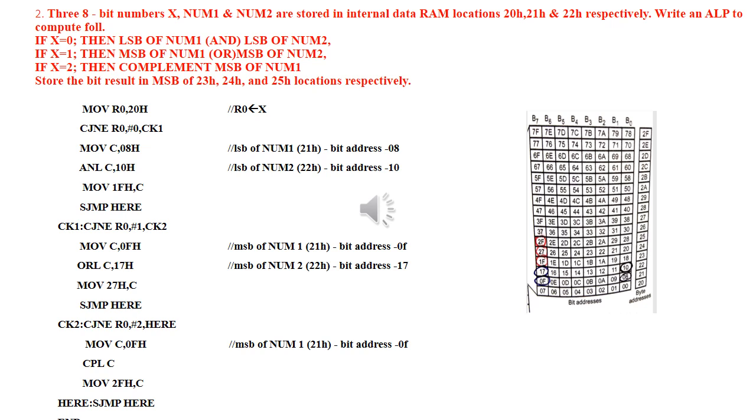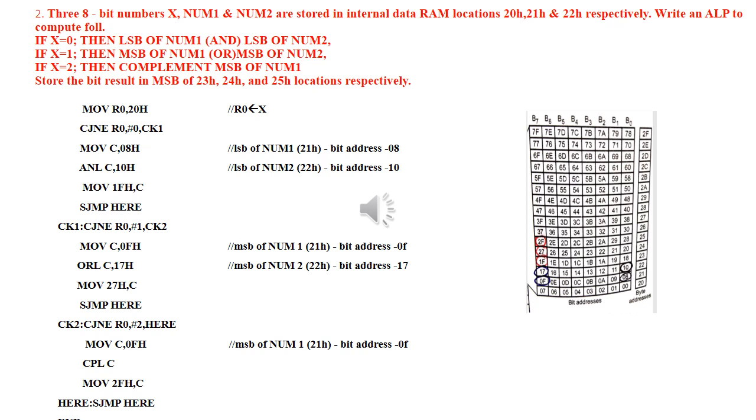You are going to carry out the logical AND of the carry flag content with the content of the bit available at the address 10H. So whatever bit data is available at 08H, you copy to the carry flag, and then do the logical AND with the bit available at the bit address 10. After the logical AND operation, the result is available in the carry flag.